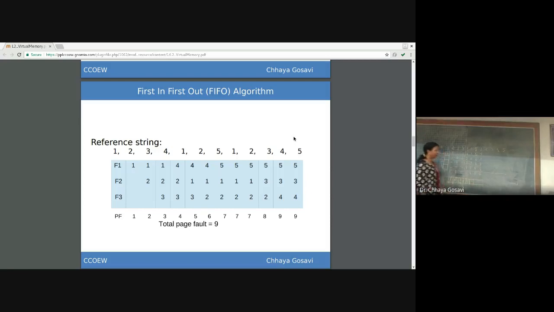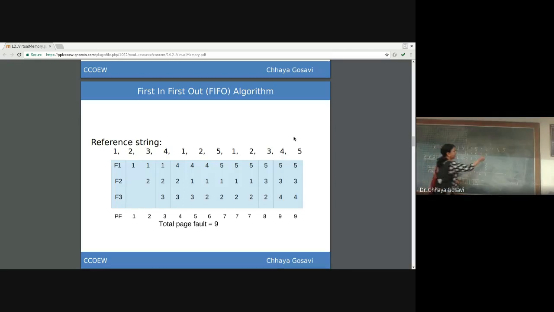This is a page fault. Now again the reference is for 2 and 2 is not in main memory. So the next victim page with the FIFO algorithm is 3. So 3 should be replaced by 2 and this is a page fault.